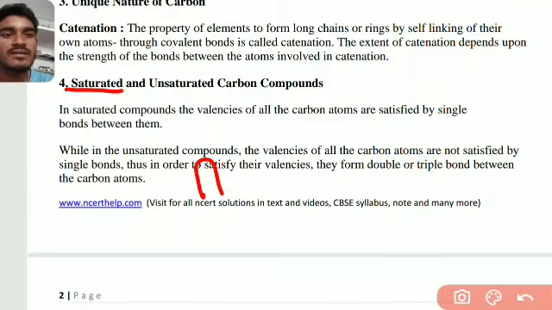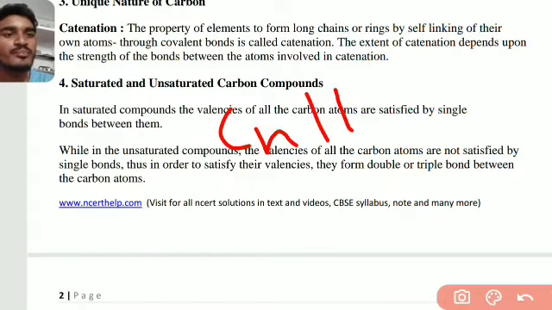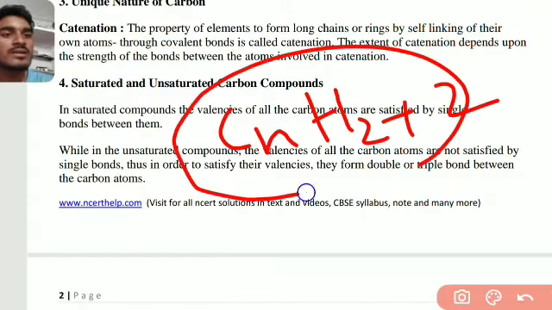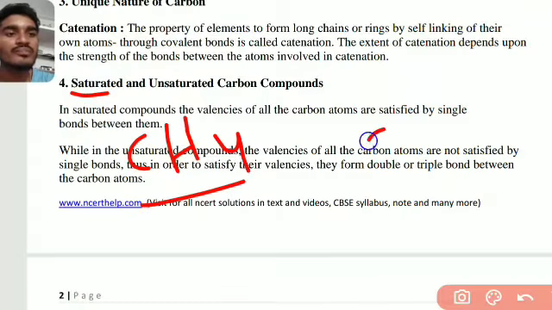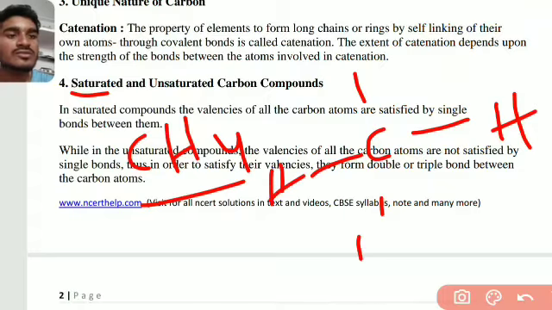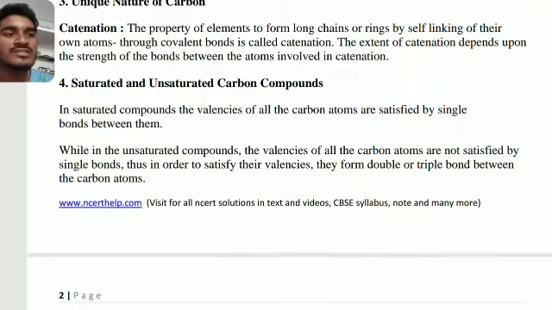Example, alkane. Okay, alkane. The general formula of alkane is CnH2n+2. Okay, now we see the saturation of alkanes. Alkane is a saturated compound, so it can be satisfied, for example methane. We can take methane or ethane, so it is satisfied with single bonds. Here hydrogen, okay, it's methane, so it is also a saturated compound. Example, alkane.